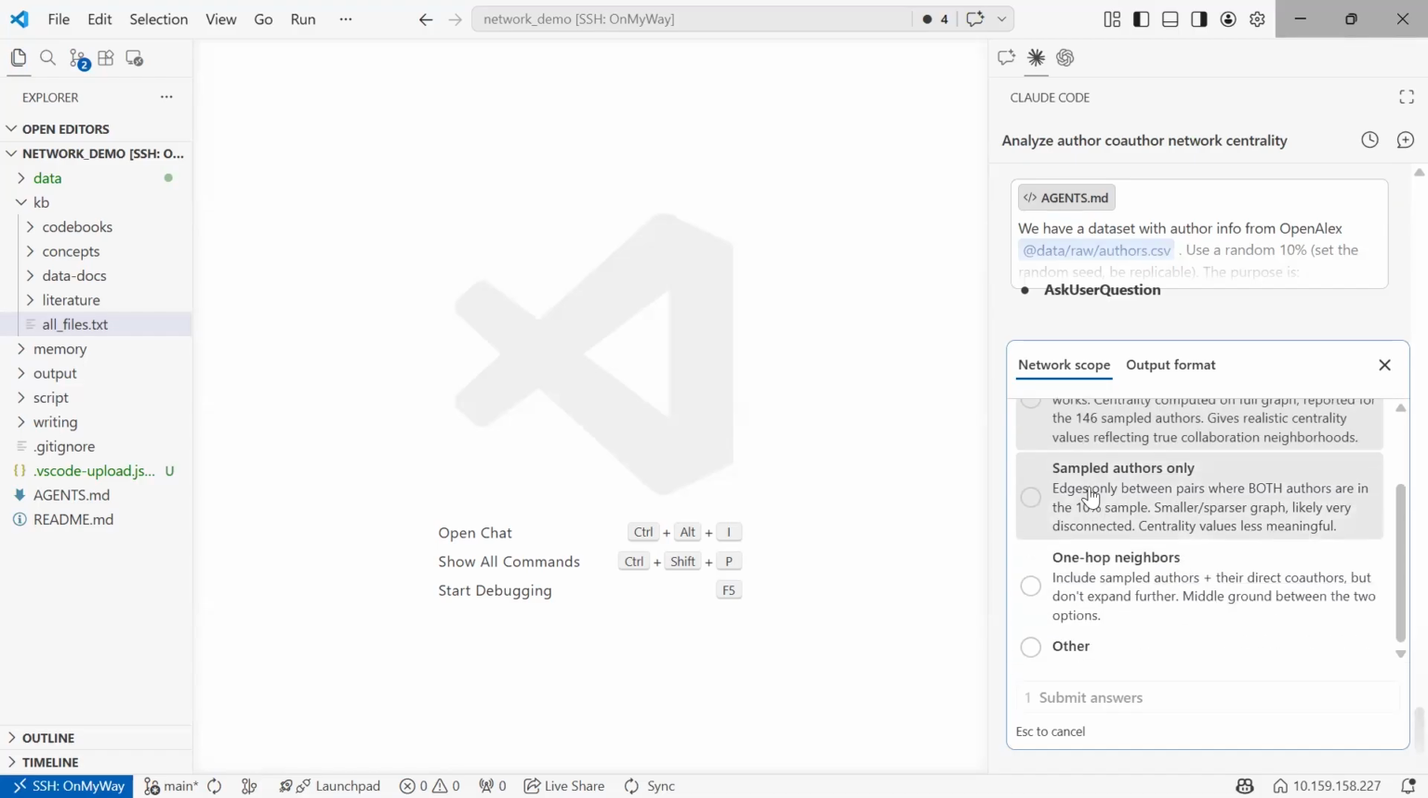I will do the sampled authors only. Because right now, for the demo, we use 10%, which means we are assuming the 10% is the population. That makes sense? So we won't do all the authors, because if we choose all authors, we will mess up the demo and the real situation. That makes sense? If we use all authors, there must be a reason we are doing a random 10% sample